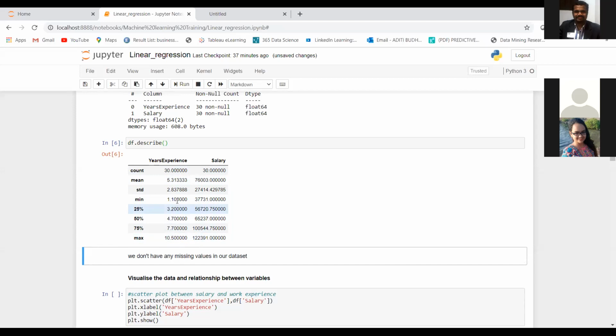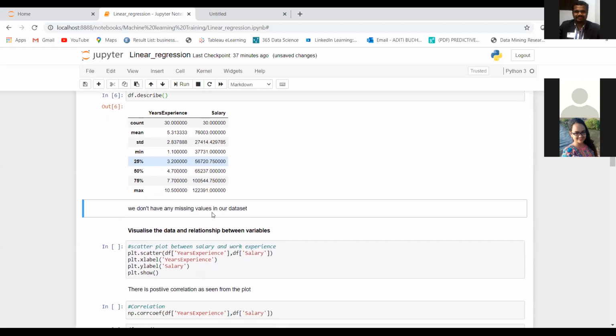The minimum years of experience is 1.1 years and the minimum salary is 37,000. So using this describe function, as we had already seen, we get the general statistical information about our data.